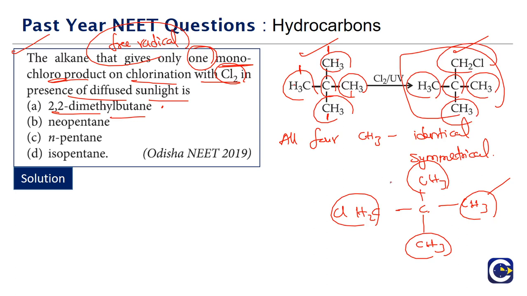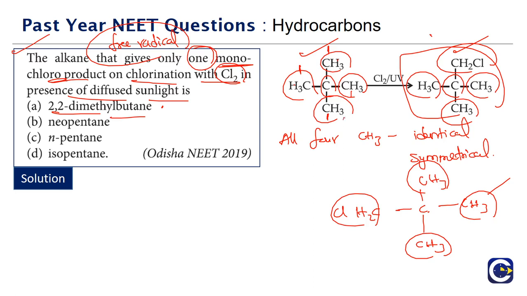Maybe the way we are drawing the structure, it makes us feel that one is on the top and one is on the left side, but in a 3-dimensional space, how will these be arranged? We will see that there is a central carbon atom, tetrahedrally 4 groups are attached. One is a methyl group, other is also methyl, third is also methyl, fourth one is what? CH2Cl. Means these two are not different monochlorination products, they are the same.